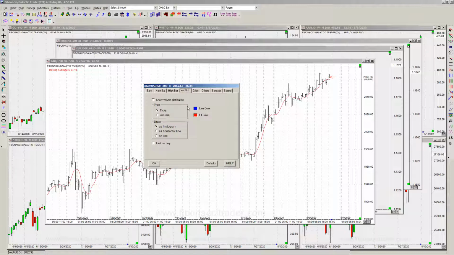The volume distribution will show how is the distribution of price of the market, of volume on price. In this case, this data is coming from the forex feed. There is no volume, so I'm going to use ticks, the count of ticks, to show the distribution, the price, the volume distribution on price. Then if I turn this on,